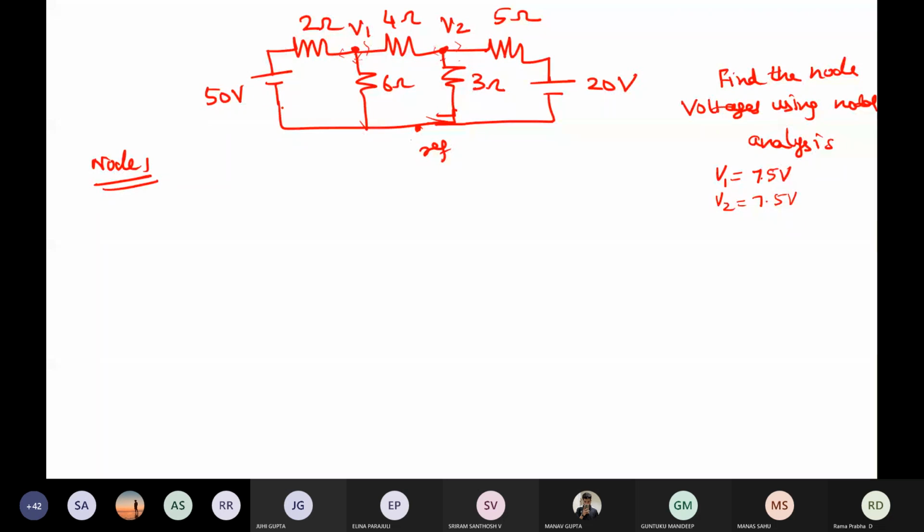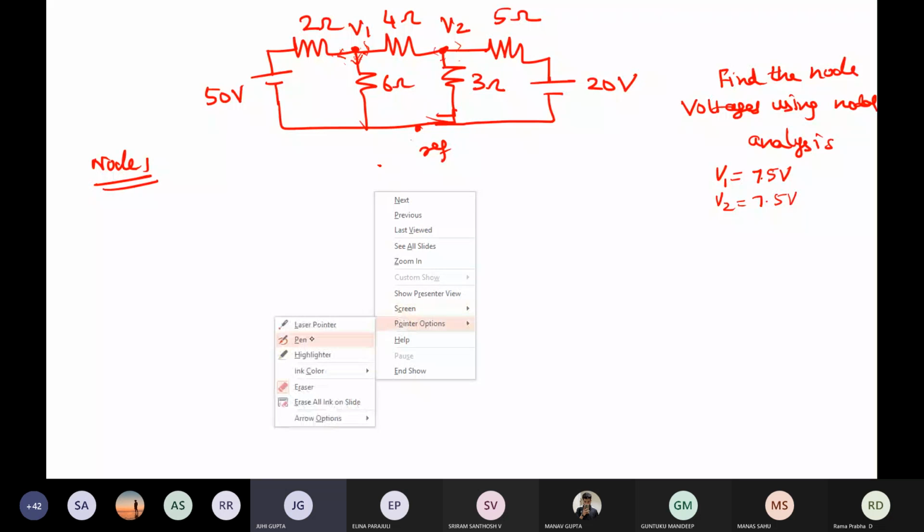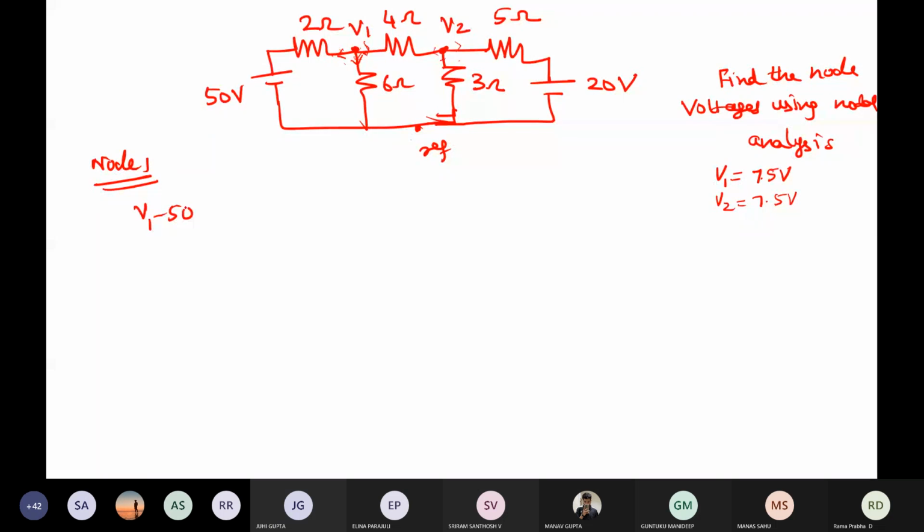So for node 1, how do you write the equation? If I take node 1, I'm saying that it is only current leaving the branches, because I'm assuming other than the current source, everything is only current leaving the branches. If I take this branch, 2 ohms and 5 volt here, how do you write that equation, students? V1 minus 50 by 2. Yeah, (V1 minus 50) divided by 2, minus 0 here. If you want, you can start with writing that; later on, you can neglect it.